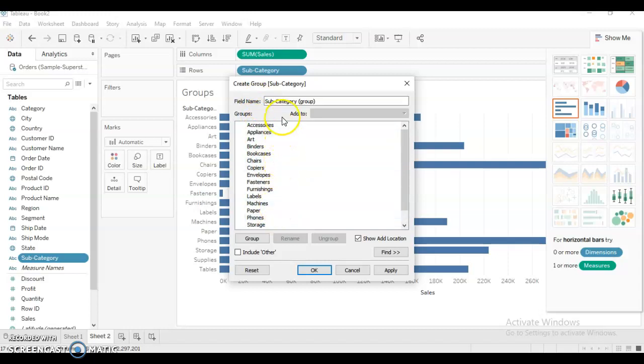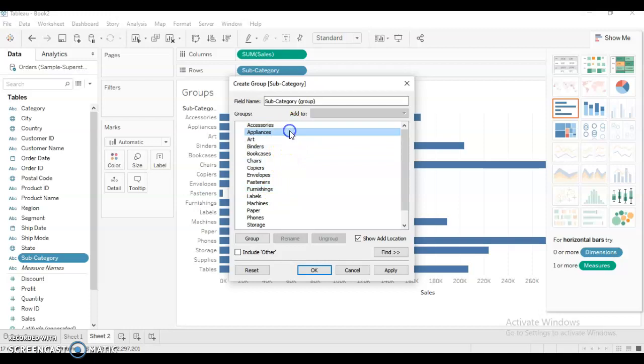As soon as I click on group, I can see the names of the subcategories over here. As I said, I want to group these four things. How will I do it? I'll click on accessories and hold the control key on the keyboard to select the other subcategories.